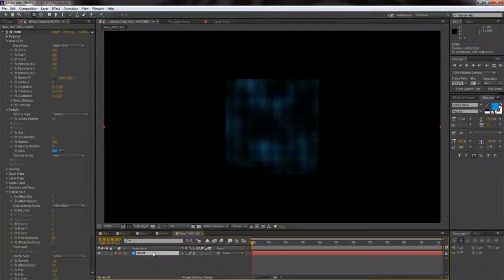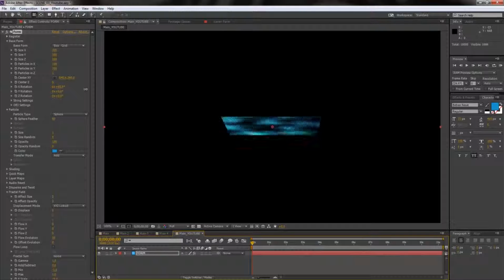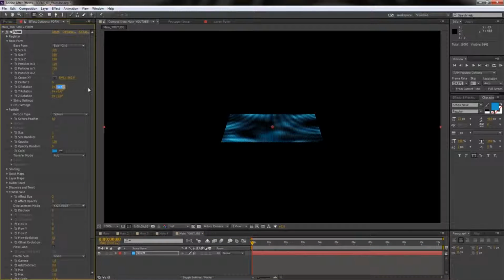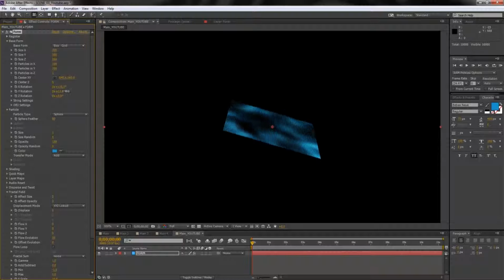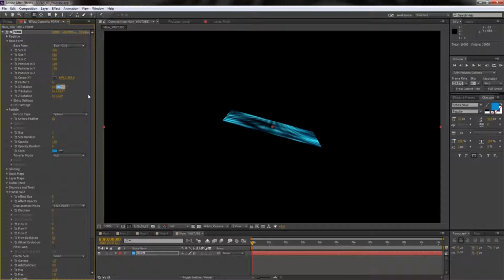Okay, so I'm going to click on Form, and I'm going to go to Base Form, and there are my rotation properties. So X rotation, Y rotation, and Z rotation. I'm going to increase this to somewhere around 110. I'm going to take the Y rotation up to say 15. And actually I'm going to bring this down to around there. That is 95. There you go, that looks a lot better to me, and we have a little bit of